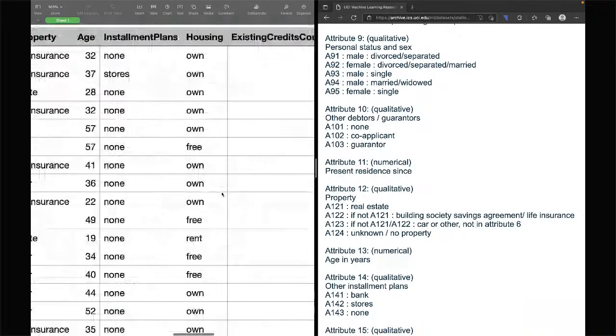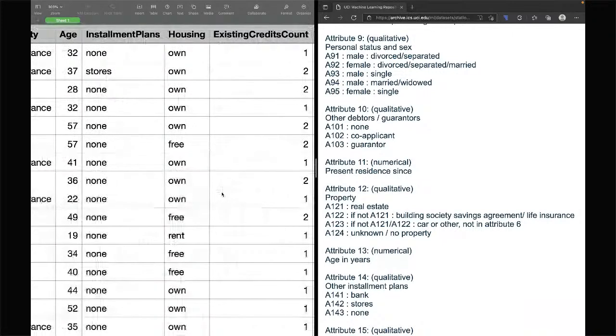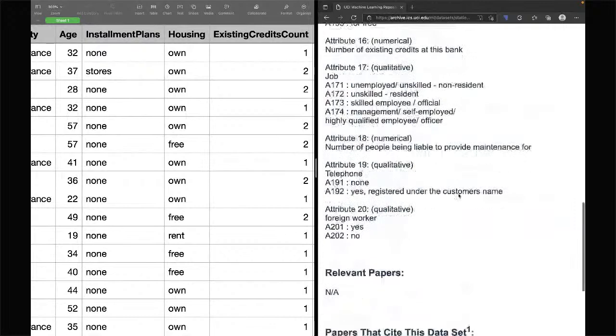And this is the housing. So if he owns the house, or if he's staying for free, that is, he or she is provided accommodation by the company they are working with, that is mentioned over here. If you're staying on rent, that is all mentioned here. And the existing credits account. So this is basically if